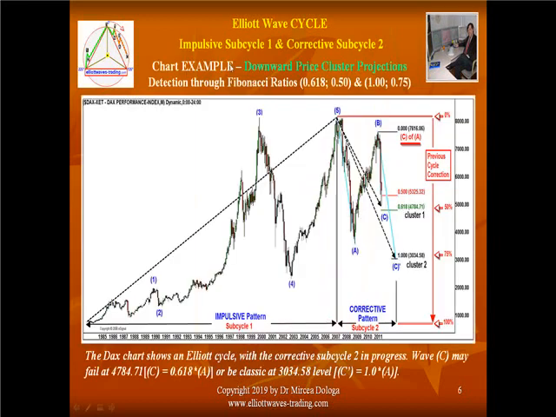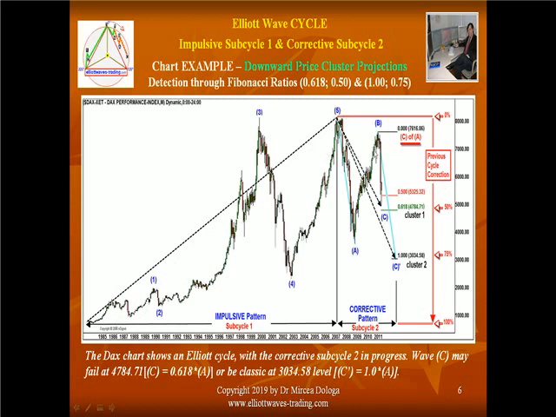Let's give a chart example showing the downward price cluster projection. Right over here again is subcycle 1 and subcycle 2 with the A, B, and C in parentheses, and of course the C is in progress. And what we did over here, we used the Fibonacci ratio projection concerning the value of C with regard to A, and also the previous cycle correction with regard to the entire magnitude of the